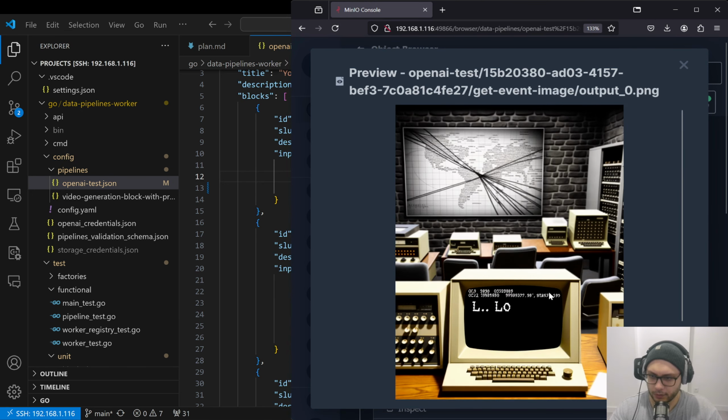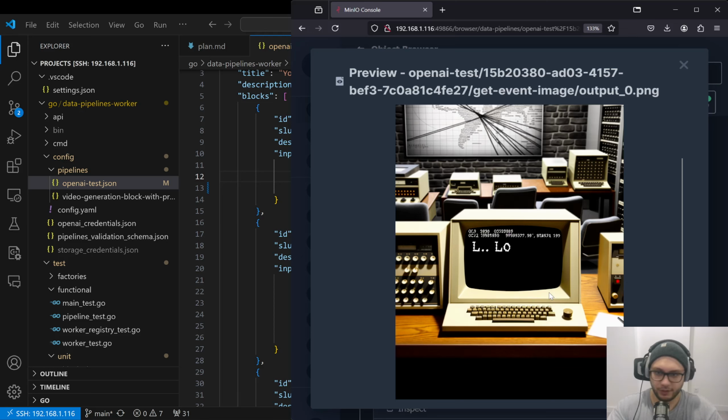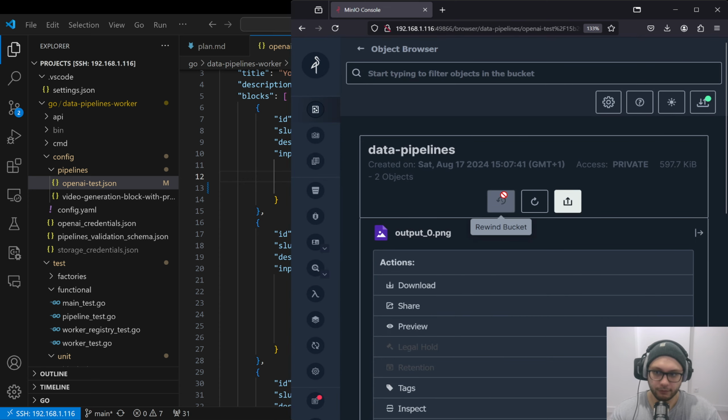So it was ARPANET introduced. Okay, it's some sort of PC. I think it says hello, but text in a picture is not the strongest side of AI right now. So this is a pipeline. It made some consequent actions, blocks. It saved it to shared storage, which is beautiful, but